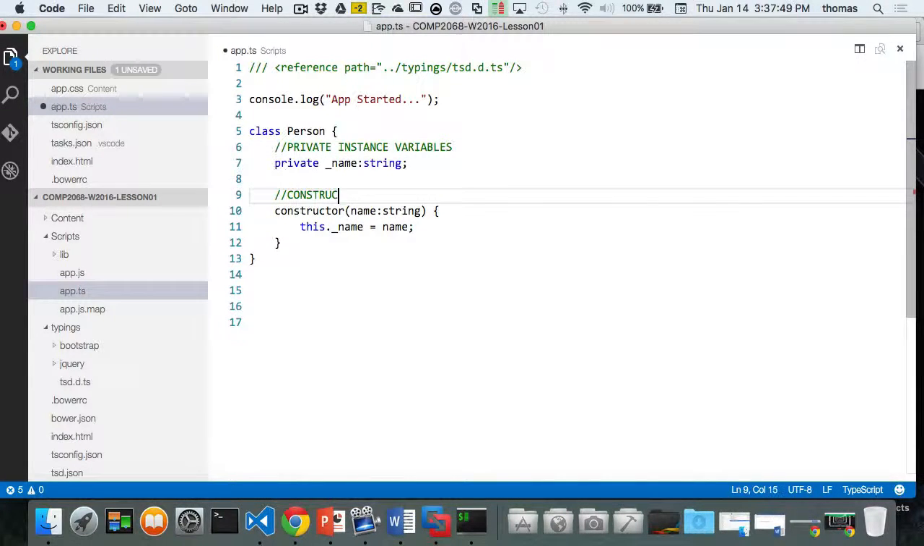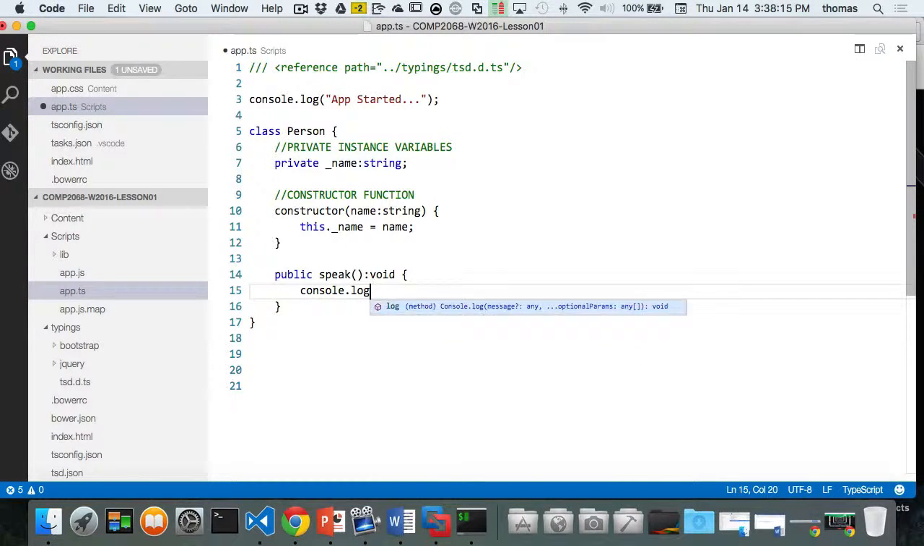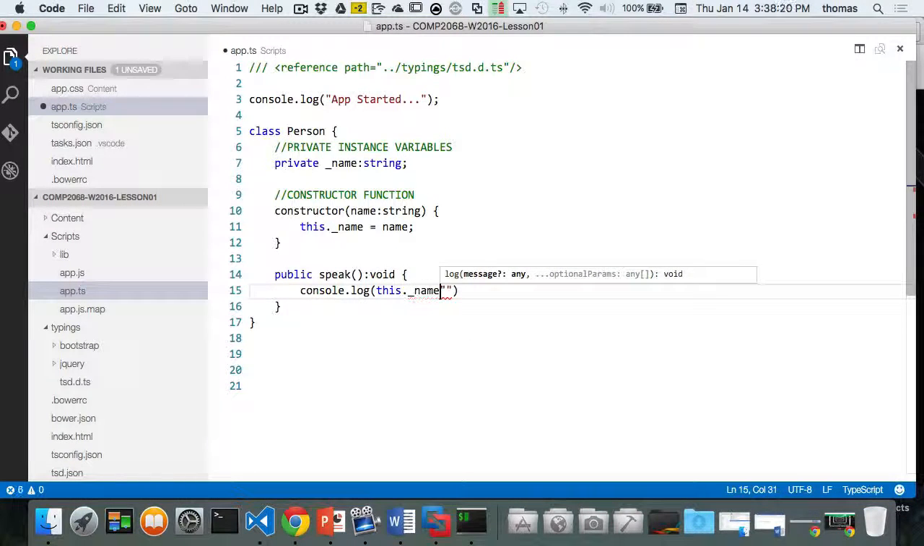So here's my constructor function. This is nice and understandable, yeah? And you know what? I think every person should be able to speak and walk, right? So let's add at least a speak method. We'll say it's a public speak method, and the method doesn't take any parameters, and it's going to return void. These are all common things you might see, right? And what is it going to do? It's going to do a console.log, and we're going to say the name of the person, this._name, plus concatenation, a space, says hello,